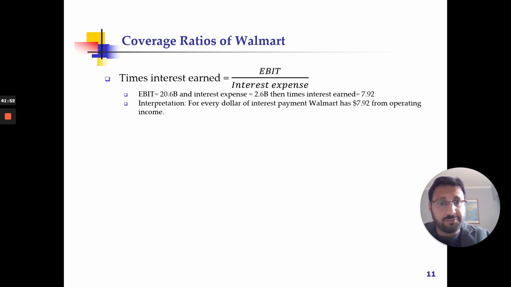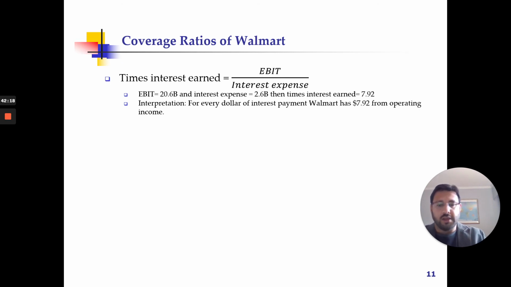The EBIT for Walmart, again, I have taken these numbers from the fiscal year 2019 statement of Walmart. EBIT is 20.6 billion. The interest expense is 2.6 billion. So if you simply divide that, you will get 7.92. So for every dollar of interest which Walmart needs to pay, they have $7.92 available from the operating